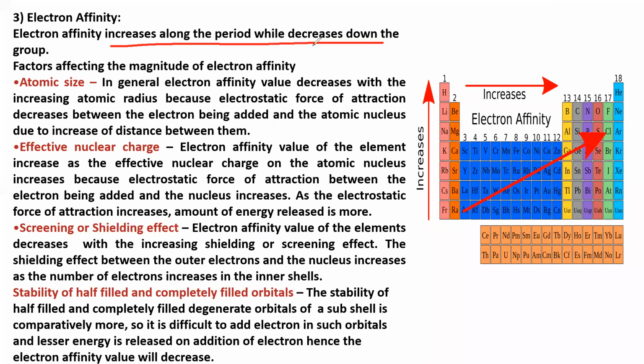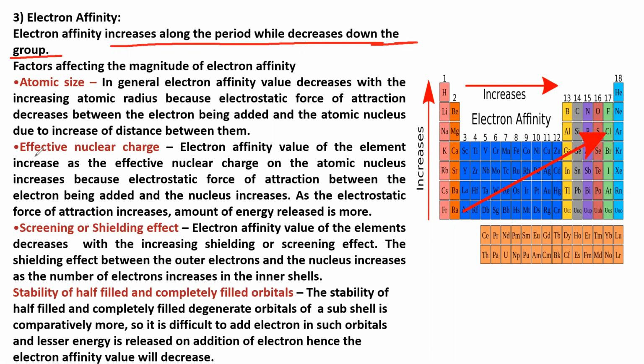And increase in the sense that, don't think it is positive, it has a more negative value. Anyway, it increases. In simple words, the values are not important here. Electron affinity increases along the period because metallic character decreases. As we move from left to right, the metallic character decreases, meaning the tendency to accept electrons increases, whereas the tendency to donate or lose electrons decreases.